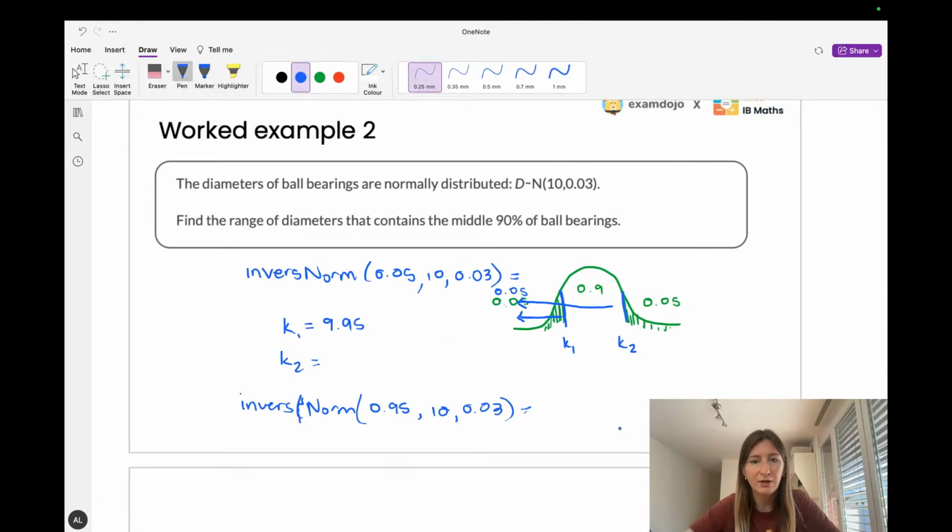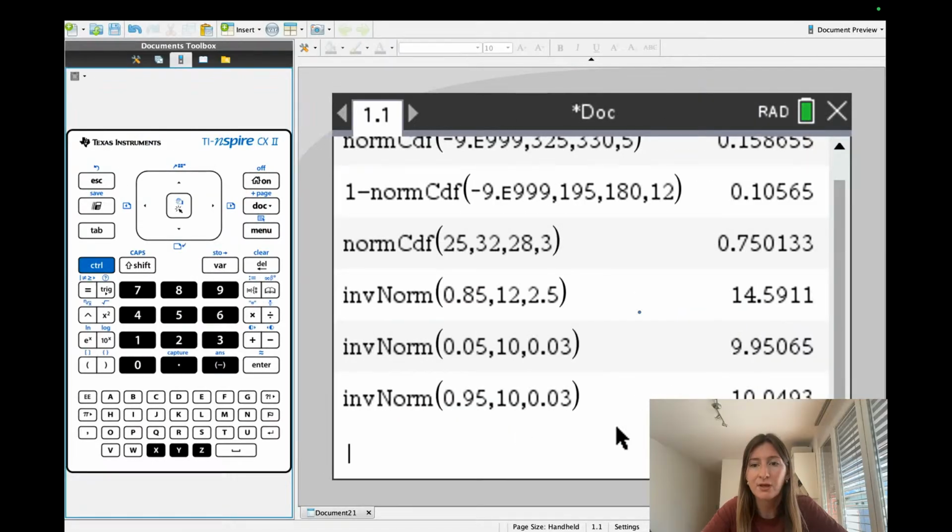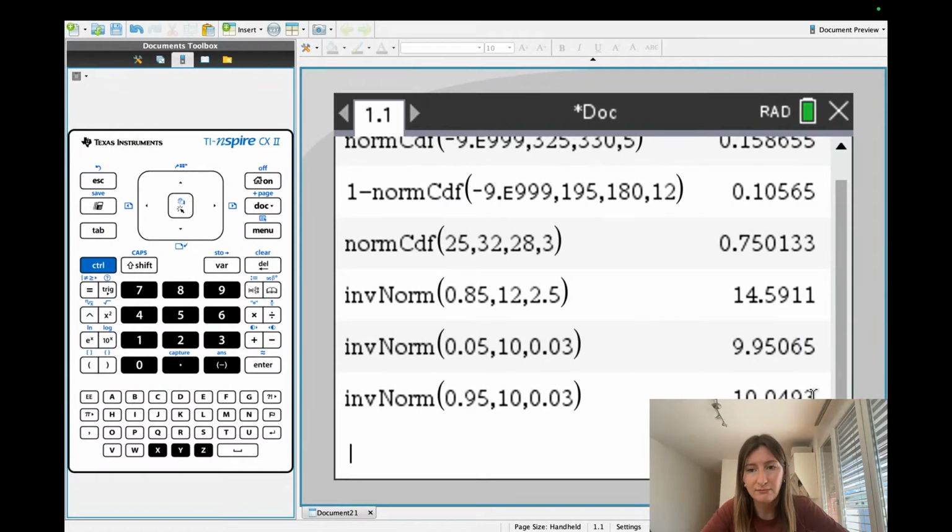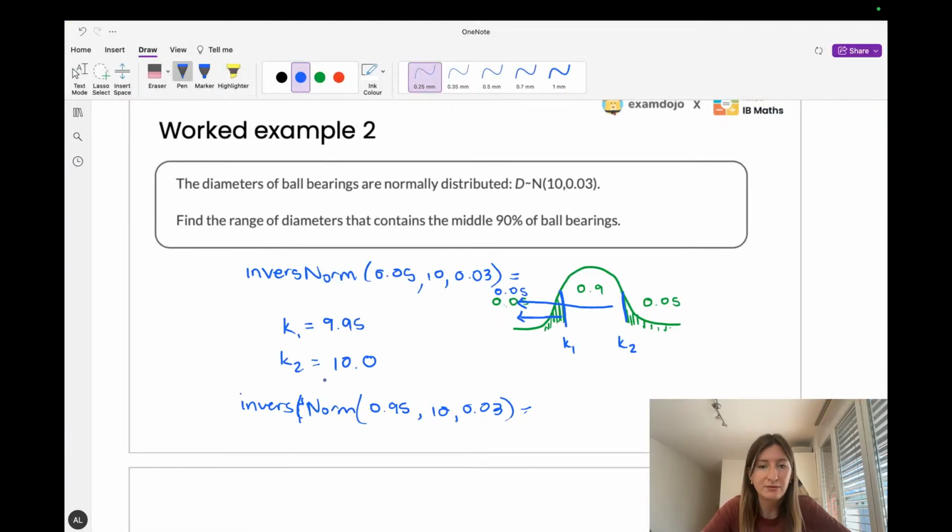10.04, so 10.0. You might think, why am I writing 10.0? Why don't I just write 10? Well, we need 3 significant figures when we're rounding. If I just write 10, that makes it seem like the answer was just 10. If I write 10.0, it shows that I rounded, and it wasn't exactly 10. I mean, it's very close, but I do need to show that I rounded and give 3 significant figures at